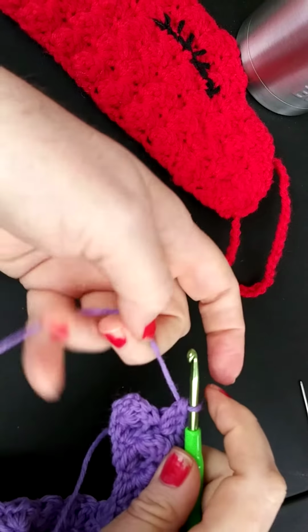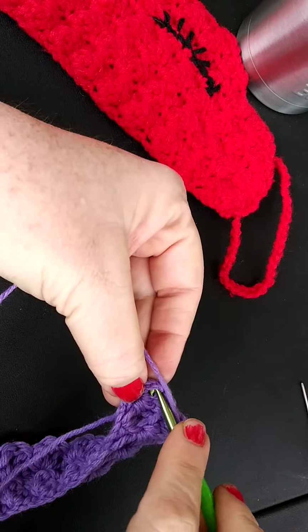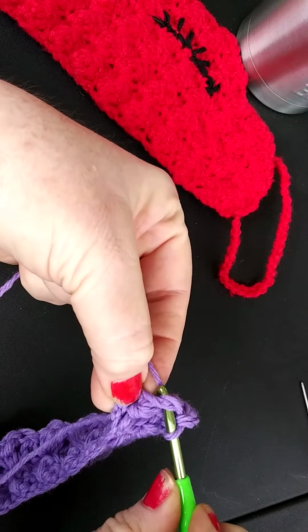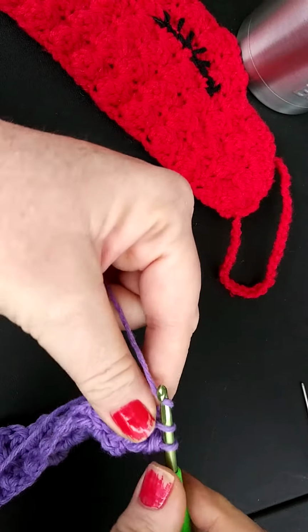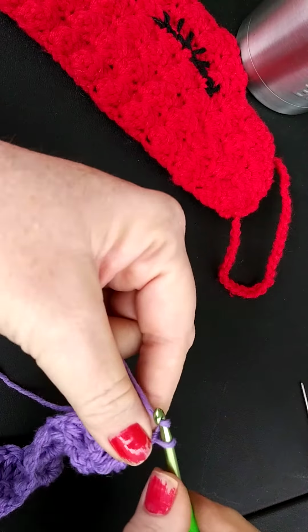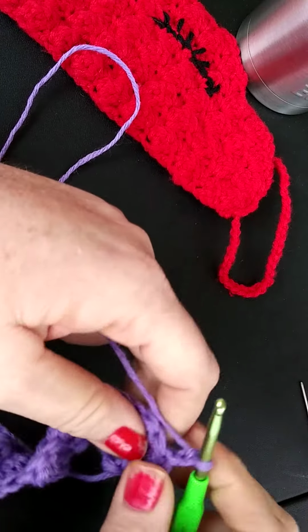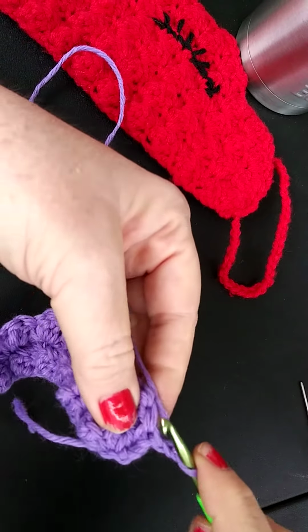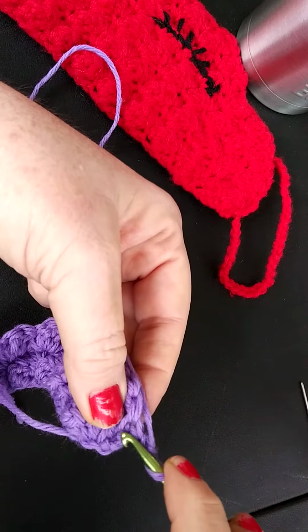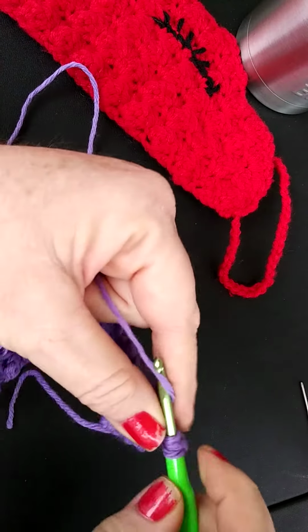Okay, just like the previous row, down here at the end, we're skipping those 2, and then we're adding a single crochet in the very end, and we're doing a chain 2, and we're turning our work. Okay, in that very first stitch right here by the chain 2, we're going to do 2 double crochets,